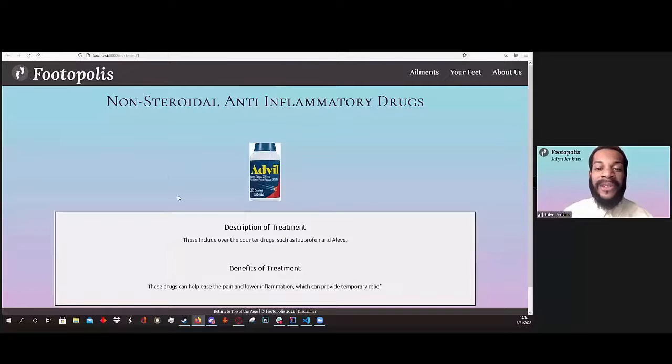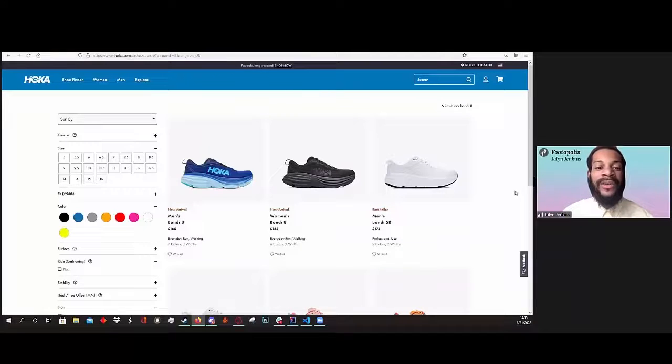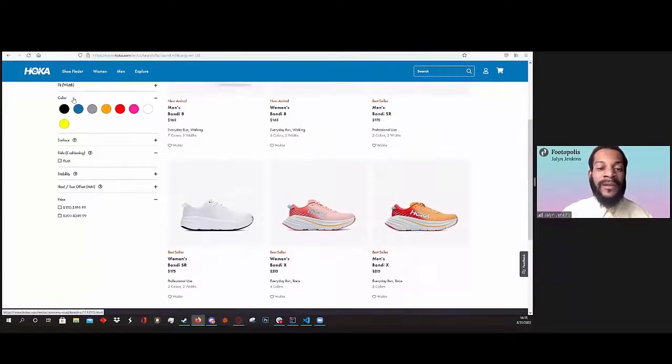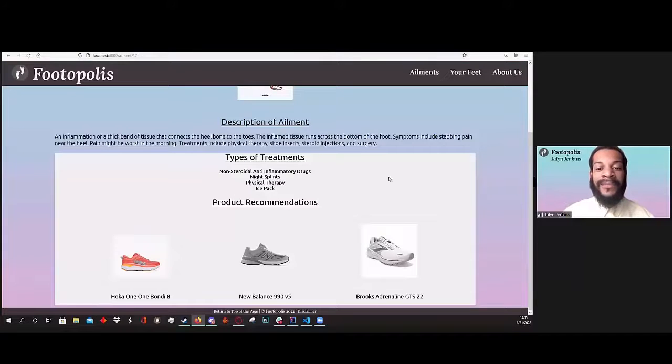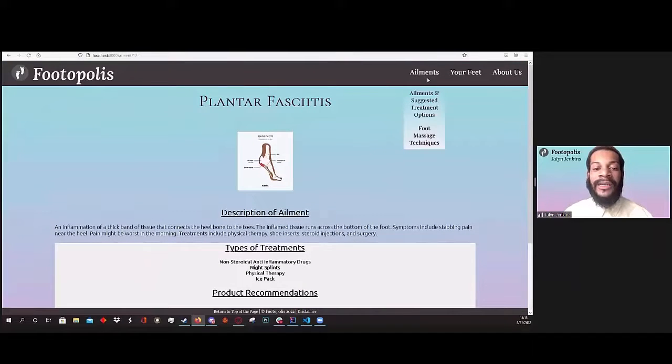Exactly like our previous page, clicking on a treatment takes the user to the treatment page, while clicking on a product recommendation takes the user to a website to learn more about the product. There are many different ways to relieve pain, so next I'll pass it off to Sade to explain the foot